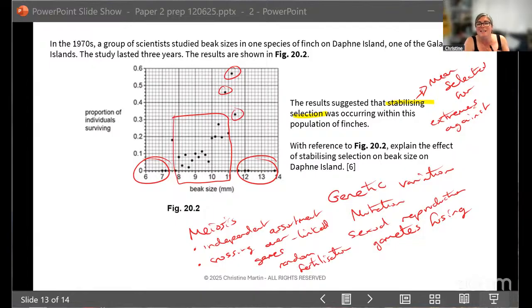Synthetic biology did have a 6 marker link to it, but you do have to still learn it. You can't assume that just because it was a 6 marker last year, it won't come up. It will come up, but the way it comes up will be slightly different. It won't be a 6 marker, but it will still come up. Yeah, you do need to know it.